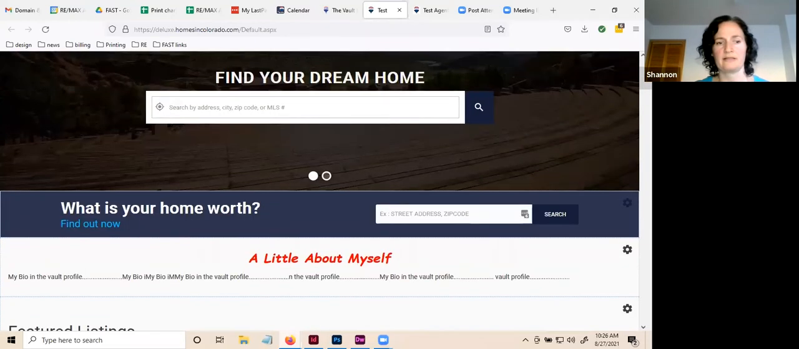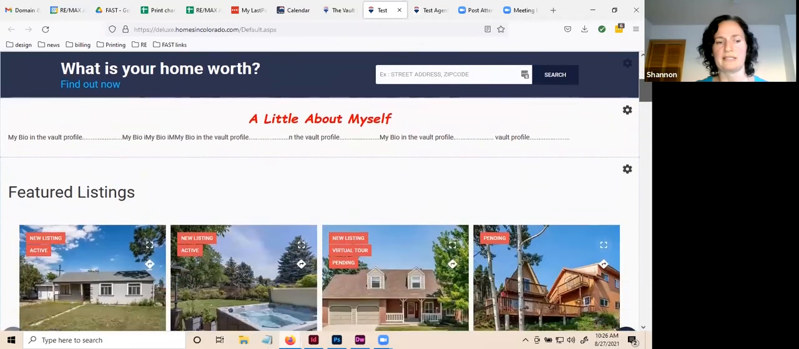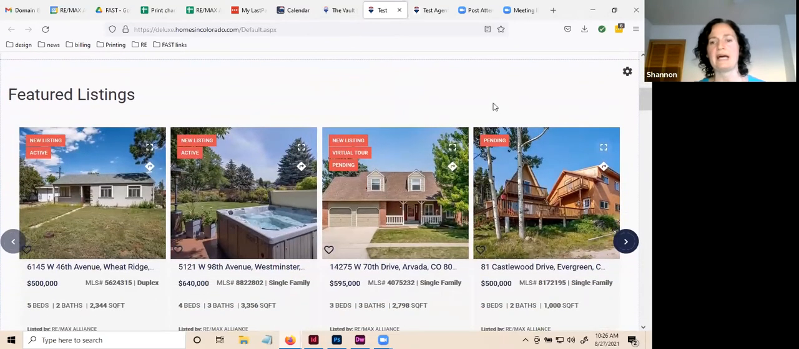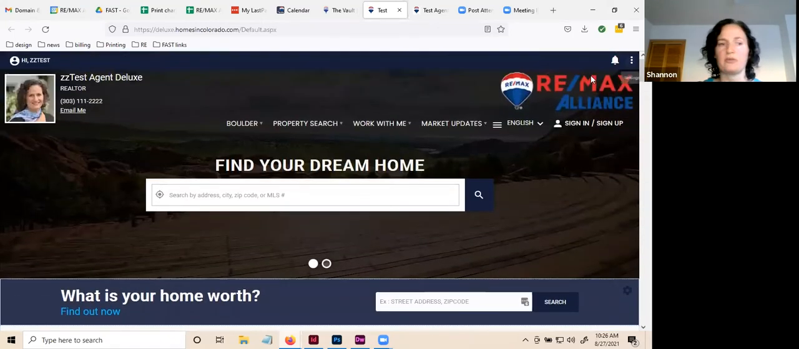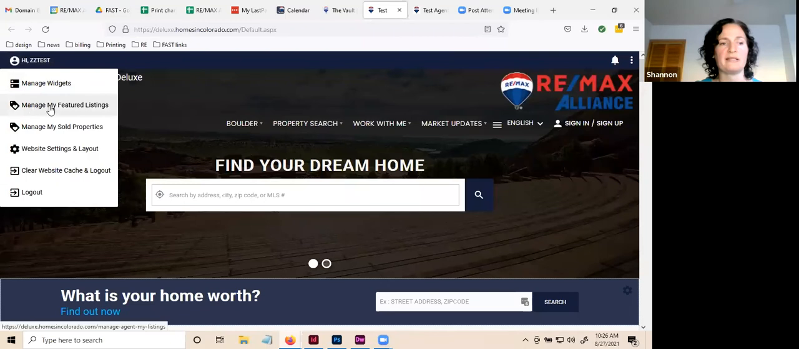All right. So next, the featured and sold listings. Everybody had those sections on their site before. Both Essential and Deluxe users have them, both of them on the sites. And there are a few different things that you can do with featured listings and sold properties now. So there are two ways that you can manage those. The buttons to manage my featured listings and sold properties are up here as they were before, under that button in the top. And